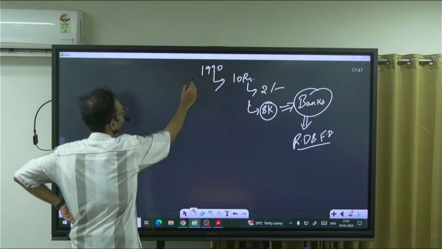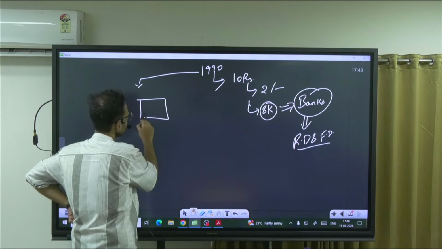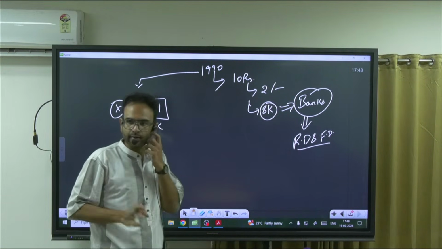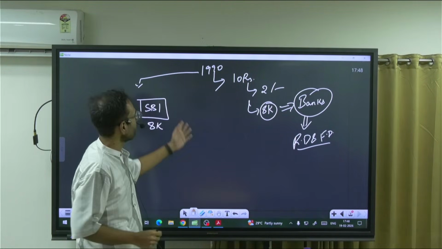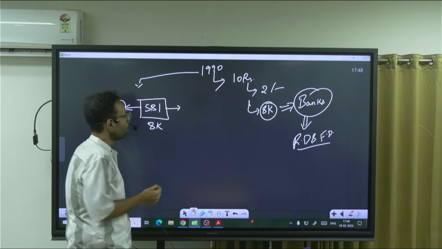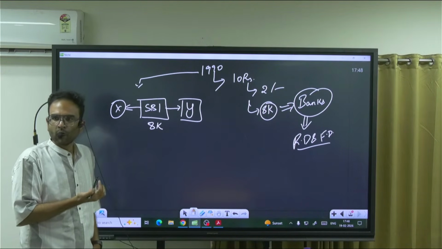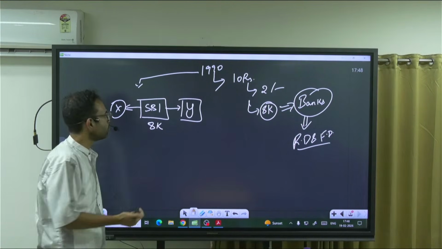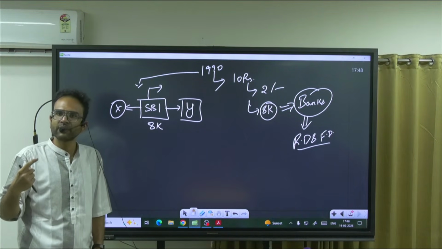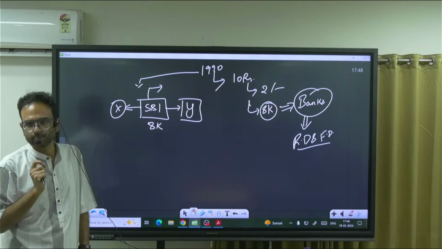The same person X opens a bank account in SBI, after getting a salary, and says, SBI, please store my 8,000 rupees. I will take it after 1 year, fixed deposit. Okay. So this SBI is now having a room of 1 year. So if I am SBI, I will give a loan to a person Y who is willing to start a business. So the role of a financial intermediary is to create new opportunities for growth in our economy. This is the concept of credit creation.